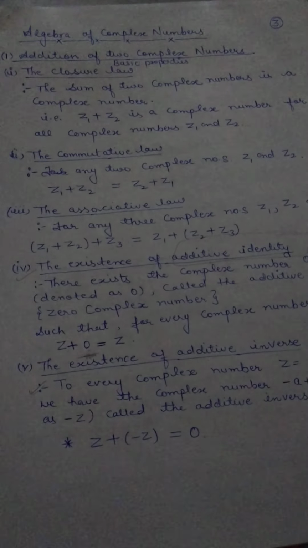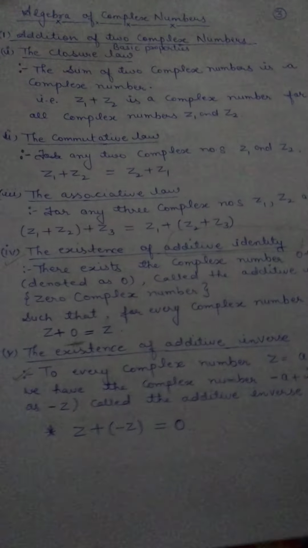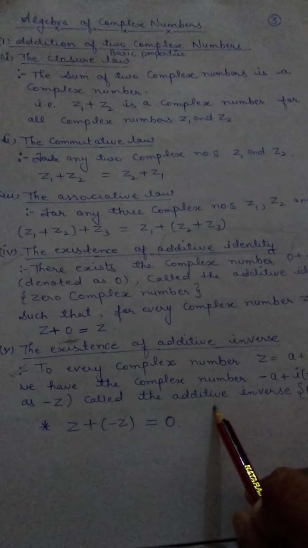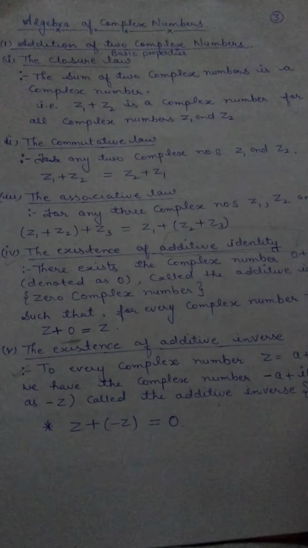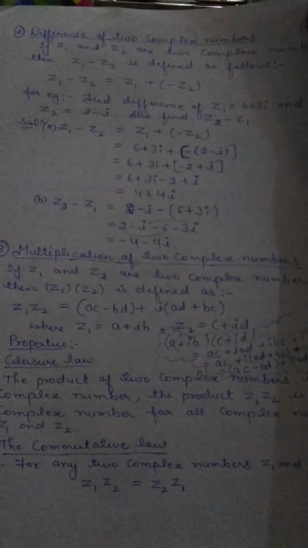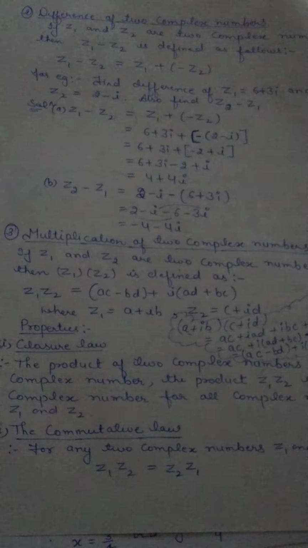algebra of complex numbers. So you have to read it with very deep meaning, because I can put your questions in your MCQ from this page also. And then bache, the next one is this, that is the difference of two complex numbers, that is minus 4 iota, and this is the multiplication of two complex numbers, then closure property.